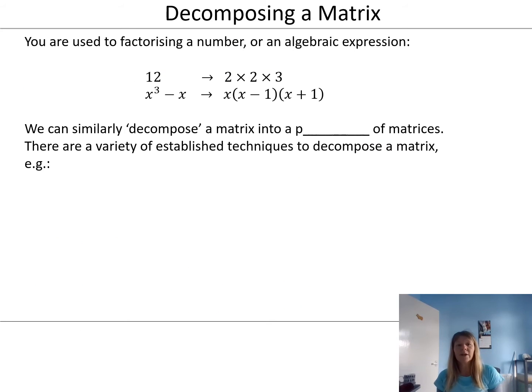Right, decomposing a matrix. You are used to factorising a number or an algebraic expression. So 12 is 2 times 2 times 3. Or factorising x to the 3 minus x would come out as x bracket x minus 1, x plus 1. There must have been a difference of 2 squares in that when you pull the x out. Anyway, we can similarly decompose a matrix into a product